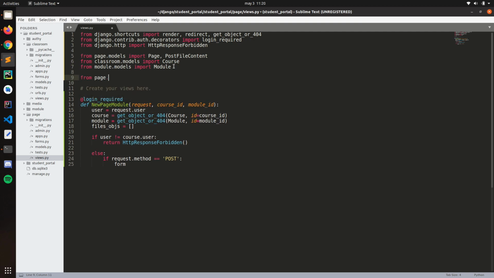From page dot forms import new page form. So here we need to pass a request dot post, and as we're going to get some files, request dot files. Okay. So if form is valid,